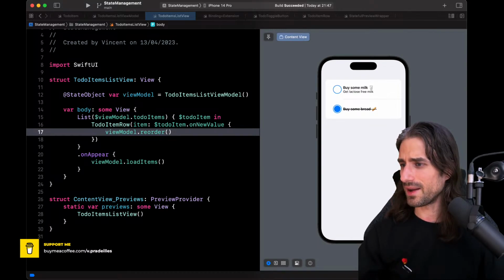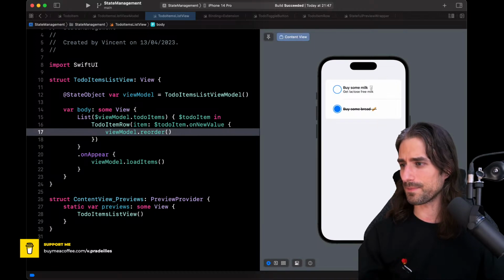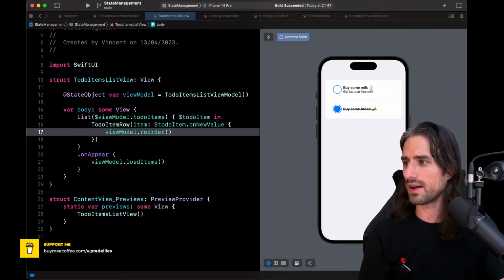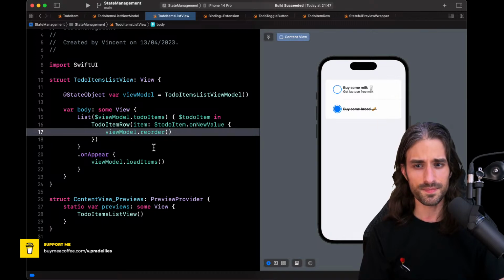Let me see what I had for you. We're getting close to the end of this chapter. I just want to add a bit more interaction, to be able to delete an element and to move some elements in the list. So first, how to implement a swipe to delete on that list.